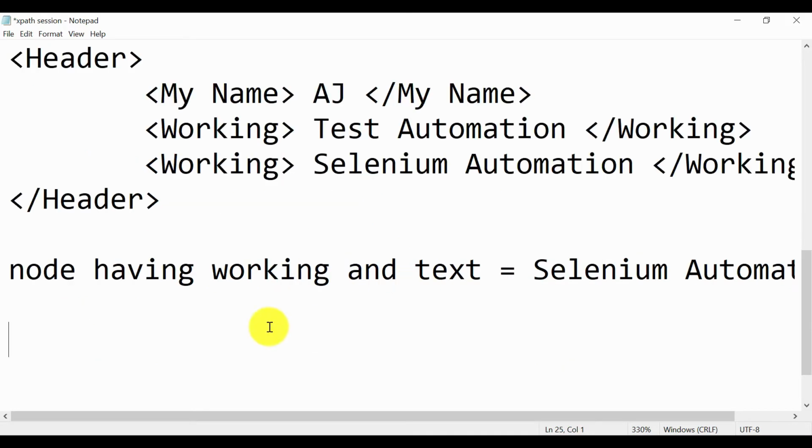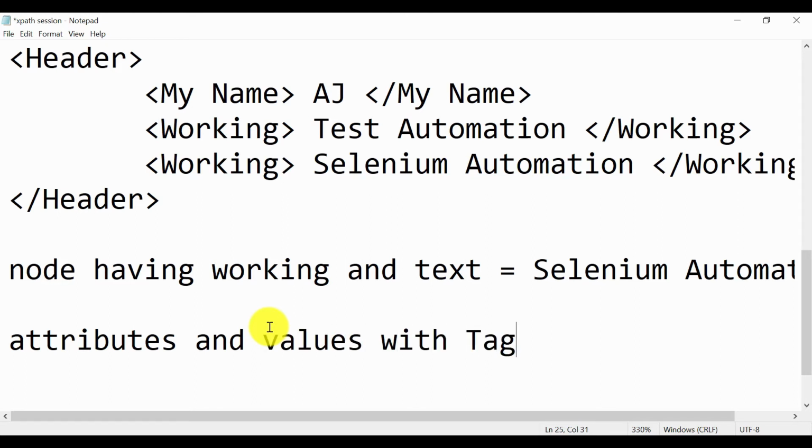The same technique we use in an HTML document. We use different attributes and values with the tag name. In HTML the data is stored and represented with different tags.